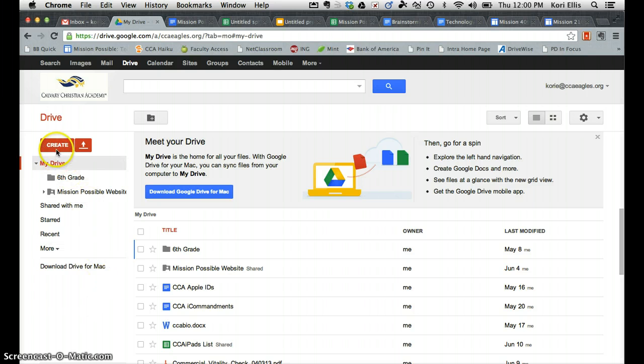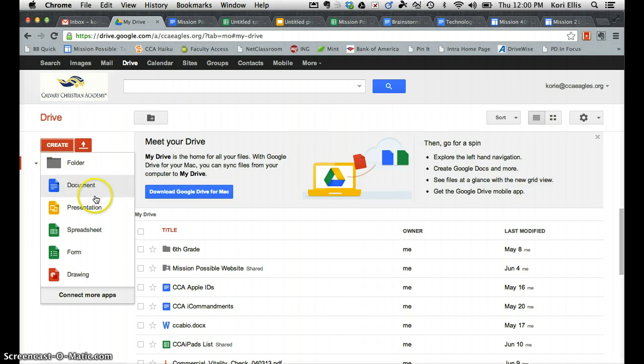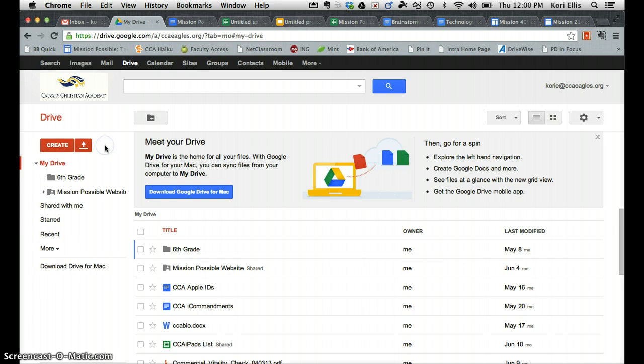There's lots more that I have to teach you about documents, presentations, spreadsheets, a whole other mission on forms and drawings. But the last thing I want to show you on this mission is the fact that you can easily upload, without having to recreate the wheel, all the documents that you have already created in Microsoft Word. So you can go ahead and click on this little up arrow button, and that will allow you to upload files, or if you want to put everything in a folder and upload a whole folder, you can do it that way. I usually do one at a time, and when you click on files, it's going to bring up